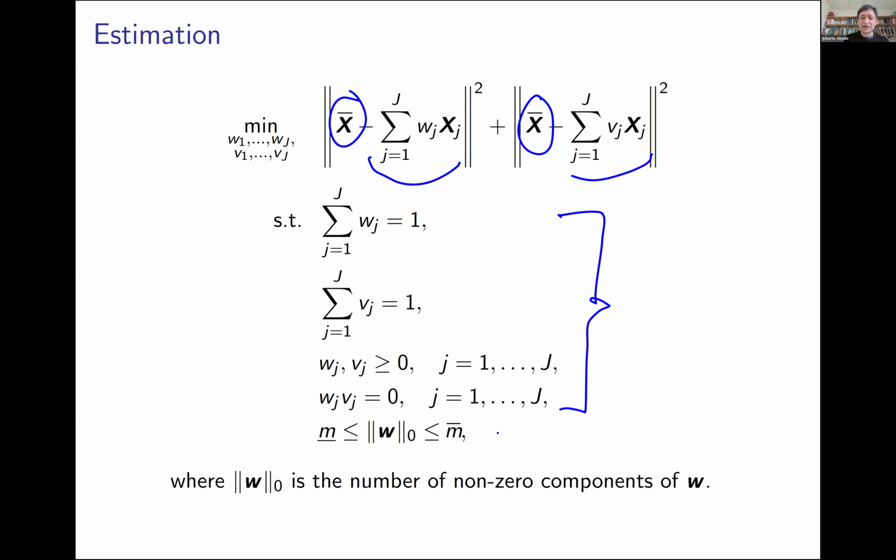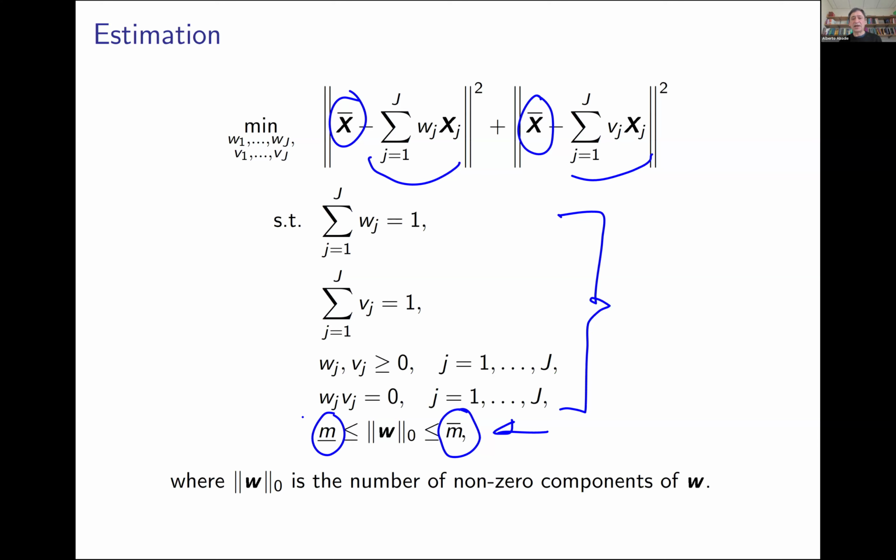And finally, we have here a cardinality restriction. It says that you are going to be limited in the number of units that you can treat. So you're only going to allow yourself to treat n-bar units. Perhaps n-bar is equal to 1, 2, or 3, and perhaps you also have a minimum number of units that you can treat. Okay, you could replace this with a more usual linear budget constraint, but for simplicity, I'm going to